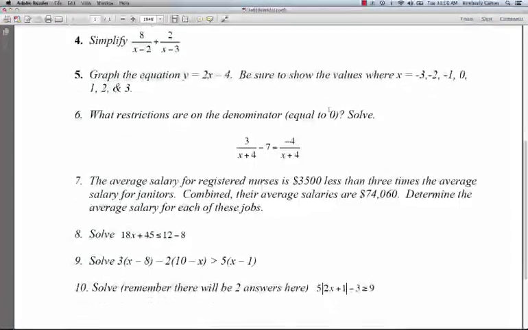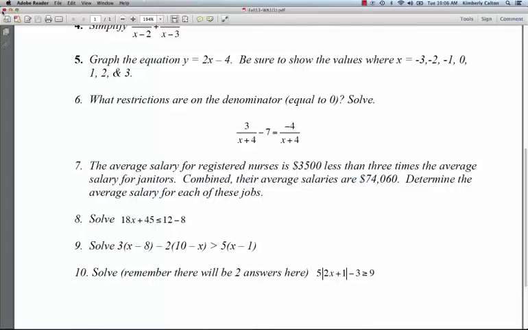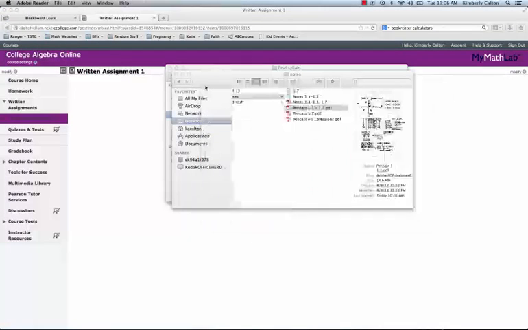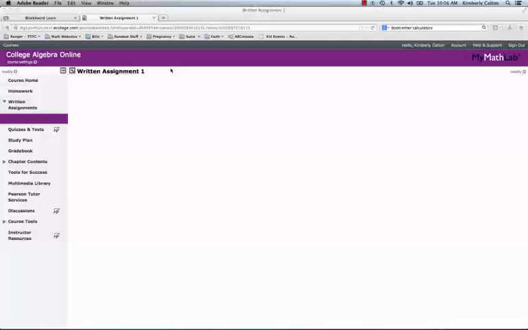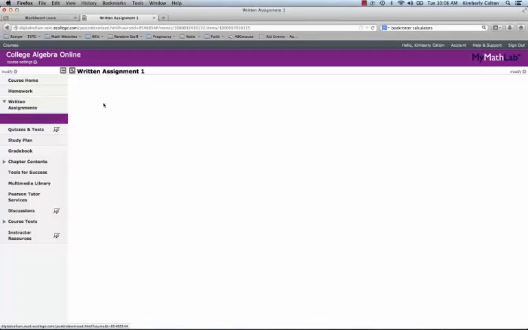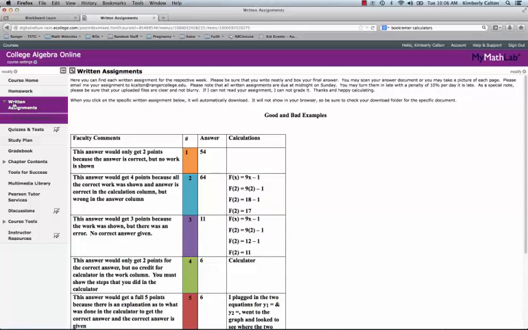Once you have finished your written assignment, all you need to do is take a picture of your written assignment and send it electronically to me at my email, which is located right here under Written Assignments. It's also located on Blackboard. It's just kcalton@rangercollege.edu. Again, that is right here, kcalton@rangercollege.edu. Please just send it as an email. If there's 10 pages of work, that's completely fine. I'll compile it all, grade it, and send it back to you via email.